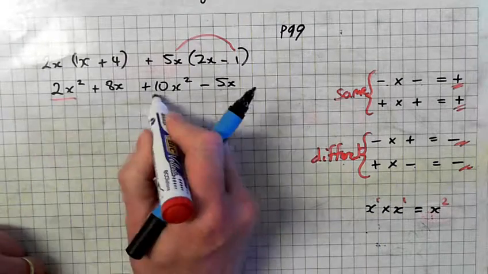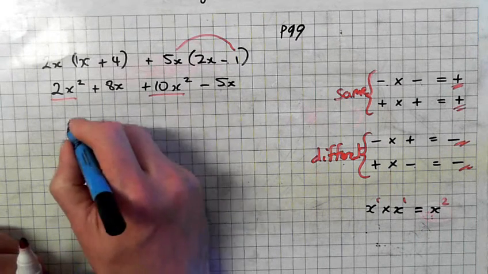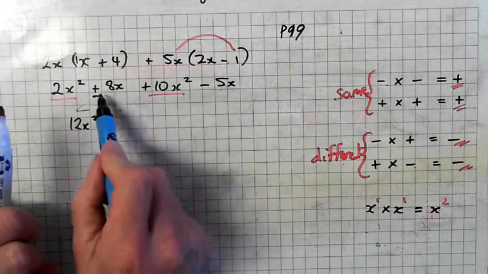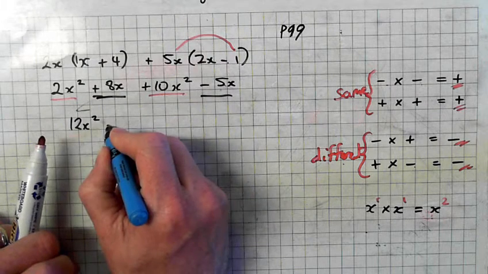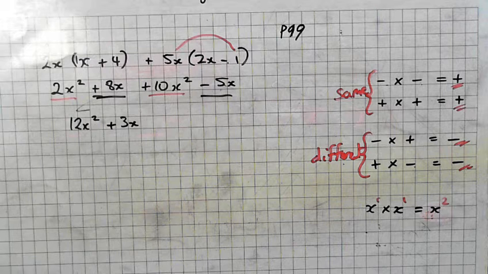Right, now you put a line underneath the x squareds. 10x squared plus 2x squared. 12x squared. Now we look at the x's. 8x minus 5x, plus 3x. What we'll do is